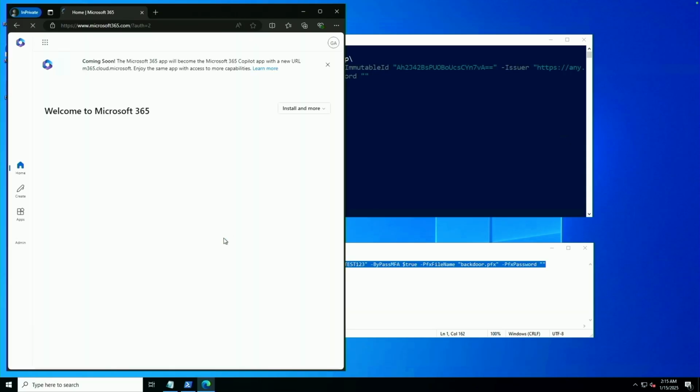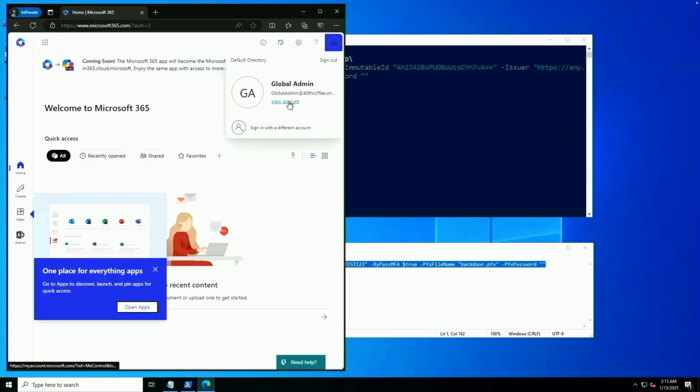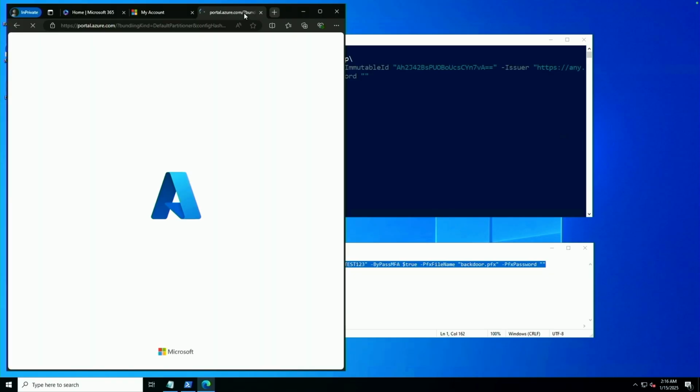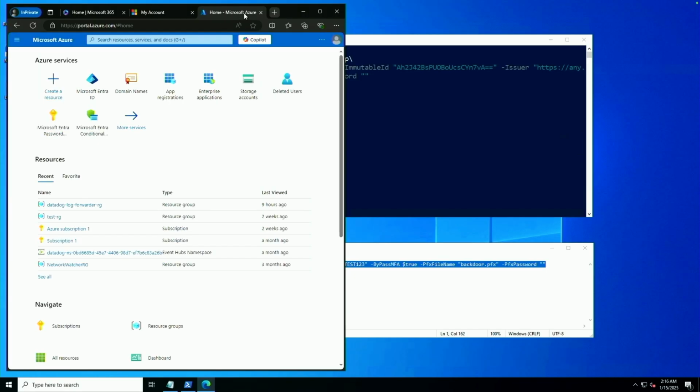So we've essentially gone from no access as global admin to attesting that we're global admin against Entra from a different system, and then using that to navigate within Microsoft's web services. Because of the way that single sign-on is neatly built into this experience, we now have access to M365, Azure portal, all those good things.